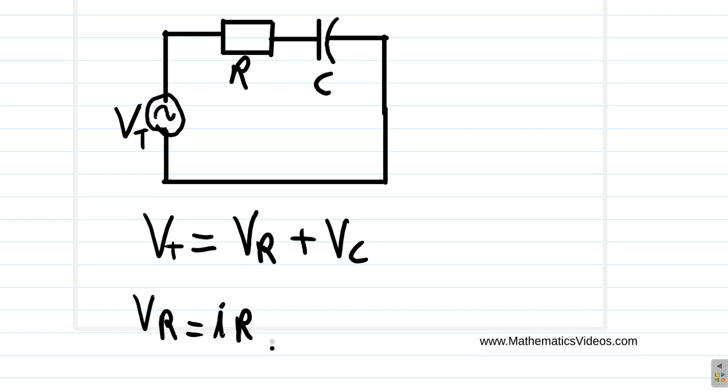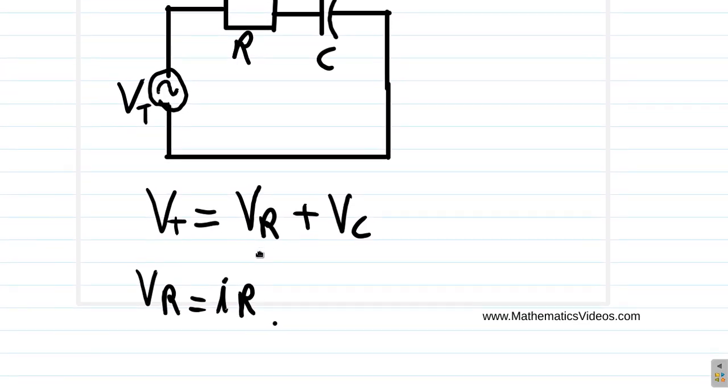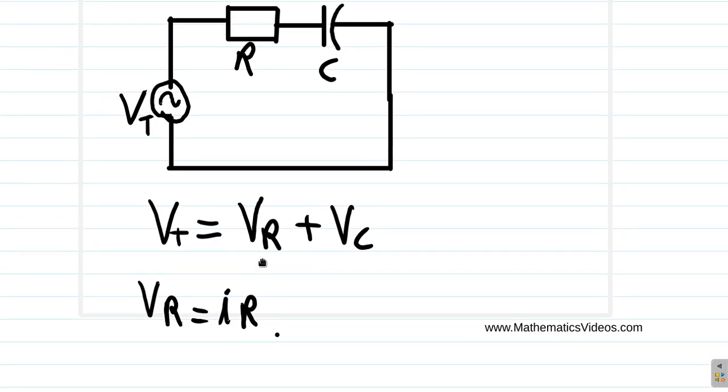If the capacitor is not being charged nor discharging, the current is zero. The faster the capacitor is charging or discharging, the higher the current. Because you're talking about a changing charge versus time. Alright? So,